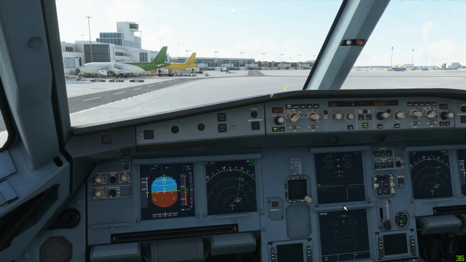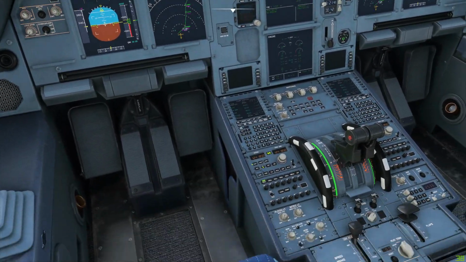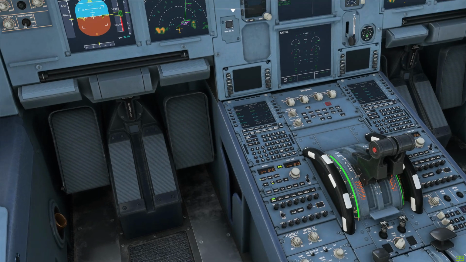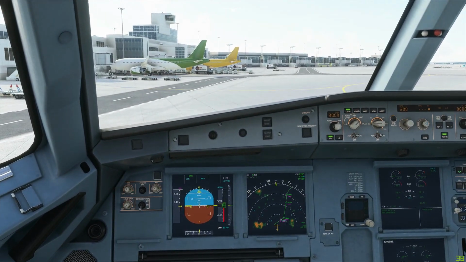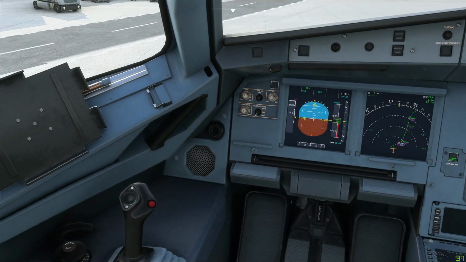So it says, as you see, the messages predictive wind shear is off, so let's turn that on too. It's under our weather radar, this guy over here, and actually we can turn on the weather radar too and make it show us traffic display as well, terrain on ND. And now I believe let's just do a quick